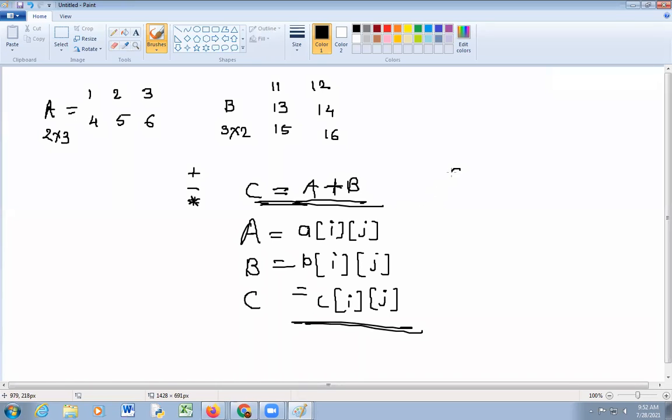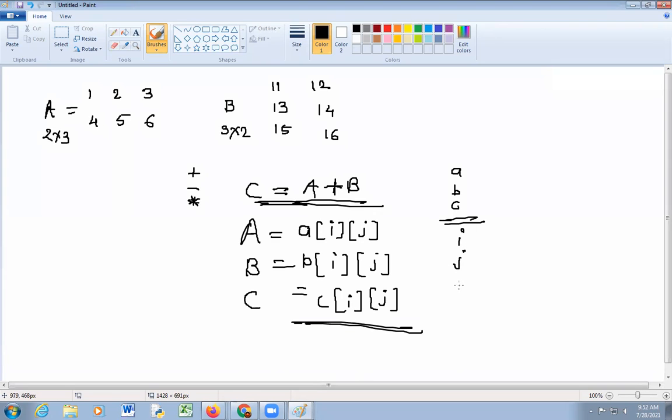Three arrays, array A, array B, array C, and variables I for row, J for column.